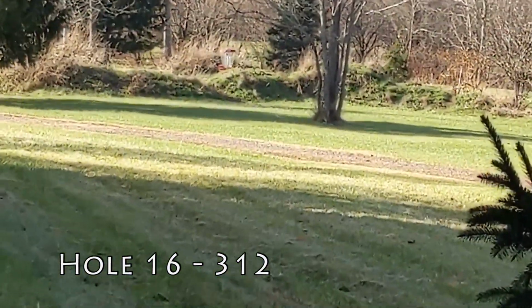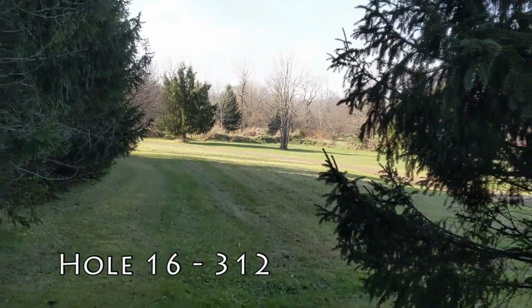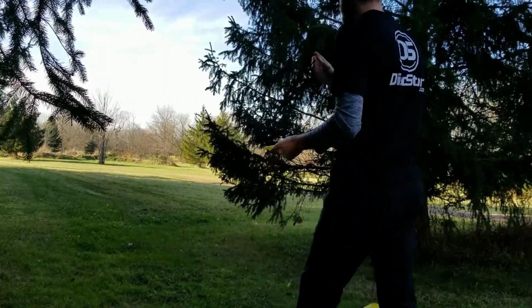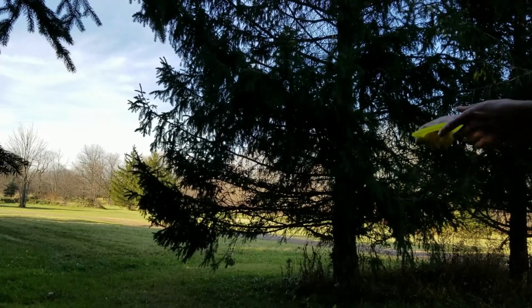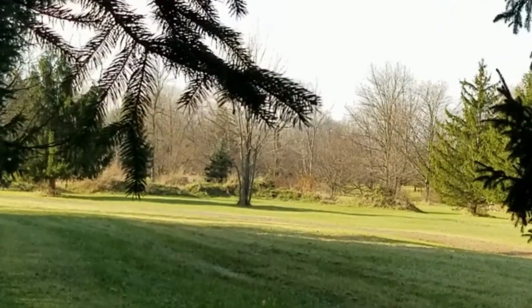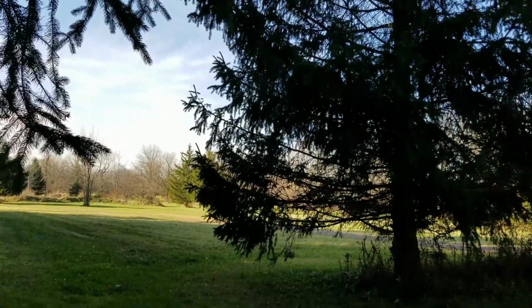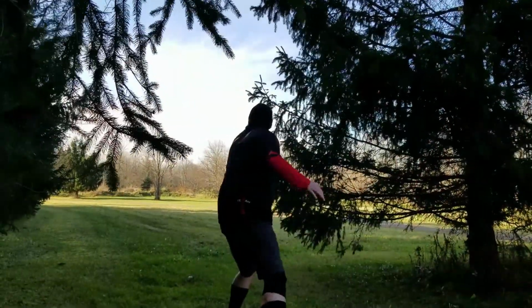16, we've moved over to the left in between some pine trees. This is one that if we were ever to put this in as a more permanent tee, we would trim some of these branches. But as it is now, you can pretty much just throw a huge hyzer if you've got the power. Otherwise, it's more of a straight shot. And I'm throwing just a huge hyzer here, and you'll see this one finish right under the basket. This is a pretty easy hole if you've got the distance to throw a hyzer. Otherwise, it's kind of tricky trying to throw a